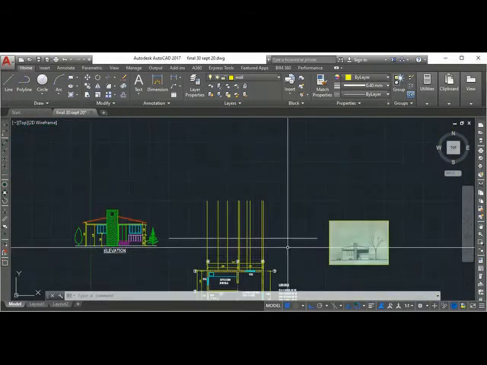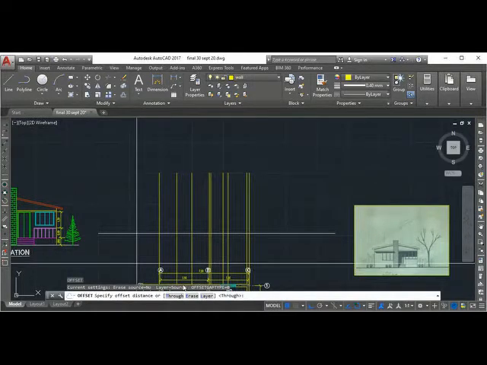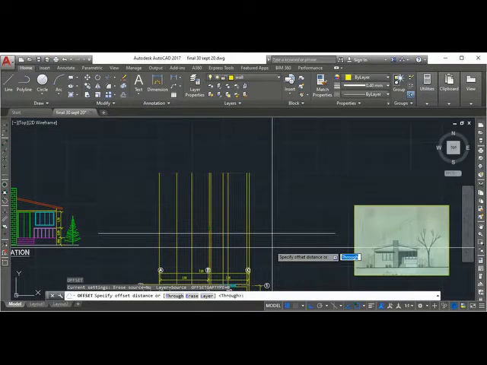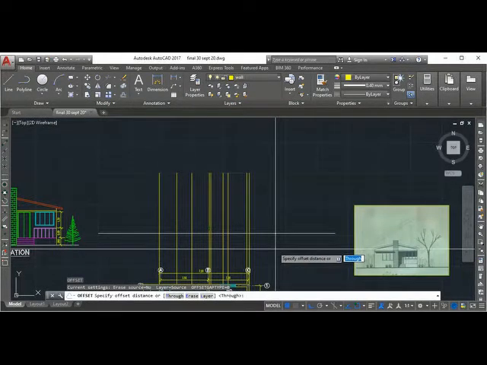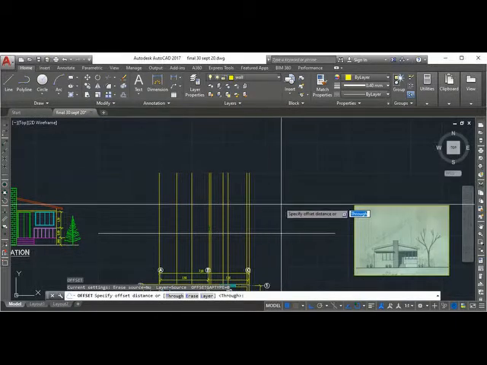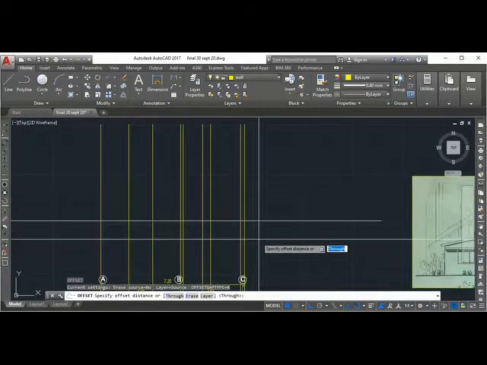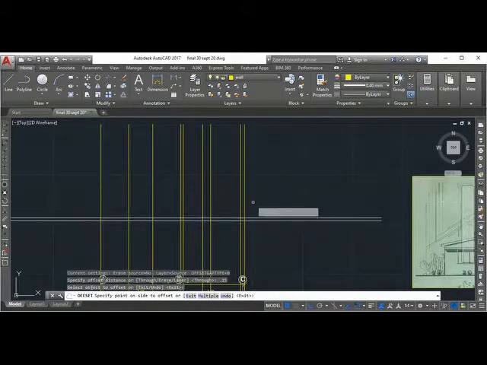So first I will offset this line. Offset, O for offset. Since this drawing I have drawn in meters, I am giving you meter measurements. Usually you have to draw in millimeter, and sometimes you require meters, because suppose you want to make a 3D drawing of this in AutoCAD, then meter will be better. I made this drawing long back just to make 3D. But when you make it, better to make it in millimeter or centimeter, it is left to you. So I will offset this line 0.15, that is a 15 centimeter rise. So I have 4 rises.